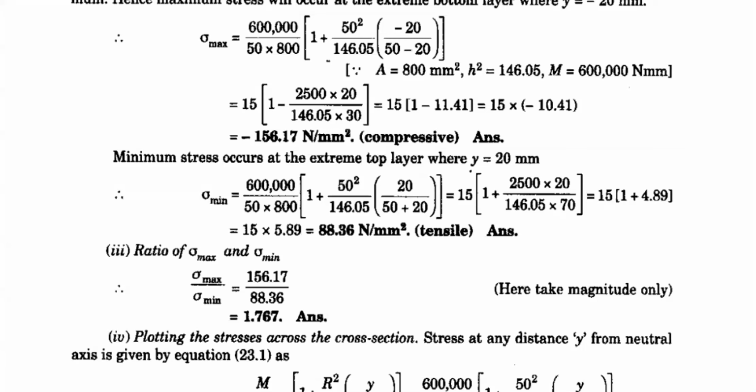Almost each and every aspect is covered: neutral axis, maximum stress and minimum stress value, h square values, and all those things. Everything is covered in one problem. But in the examination, they may ask for only maximum stress and minimum stress, or only the h square value, or only the position of the neutral axis, for a 7 marks question. So I selected this problem in order to cover almost all three possible cases for one standard section.